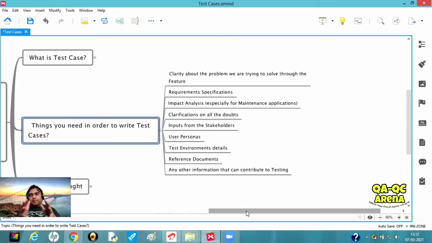Generally, I'm just talking in a general context. There could be additional environments in your own context, but generally there's a dev environment, a test environment, a disaster recovery environment, and a production environment. So the point here is to understand wherever you are testing, mostly the test environment I would recommend.